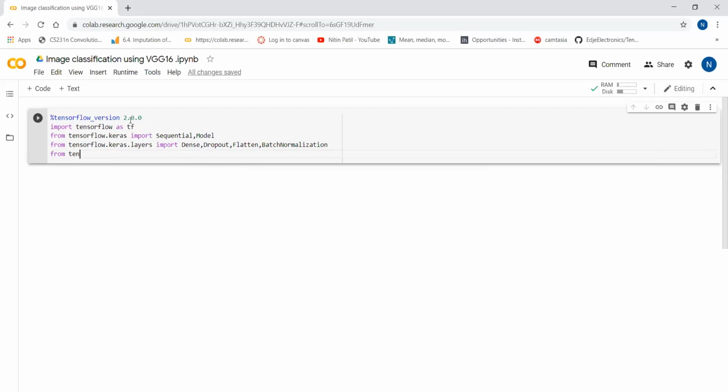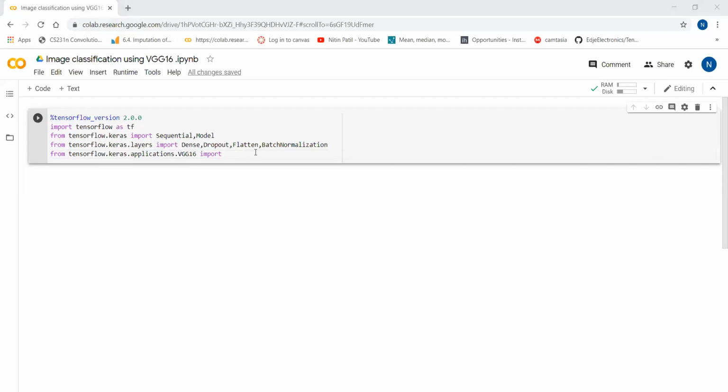Then from tensorflow.keras.applications I will import VGG16. VGG16 we are going to use for this video. Sorry, applications.vgg16, we will import VGG16.